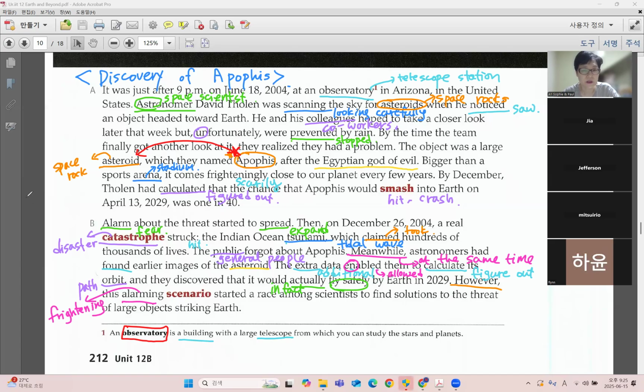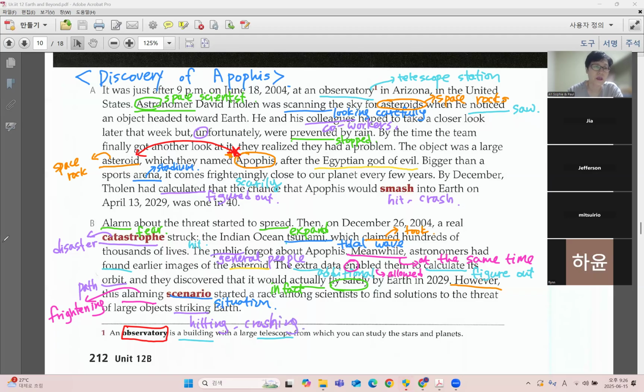Scenario. What is a scenario? Frightening scenario is situation. The situation started a race among scientists to find solutions to the threat of large objects striking. What is striking? Hitting, crashing,